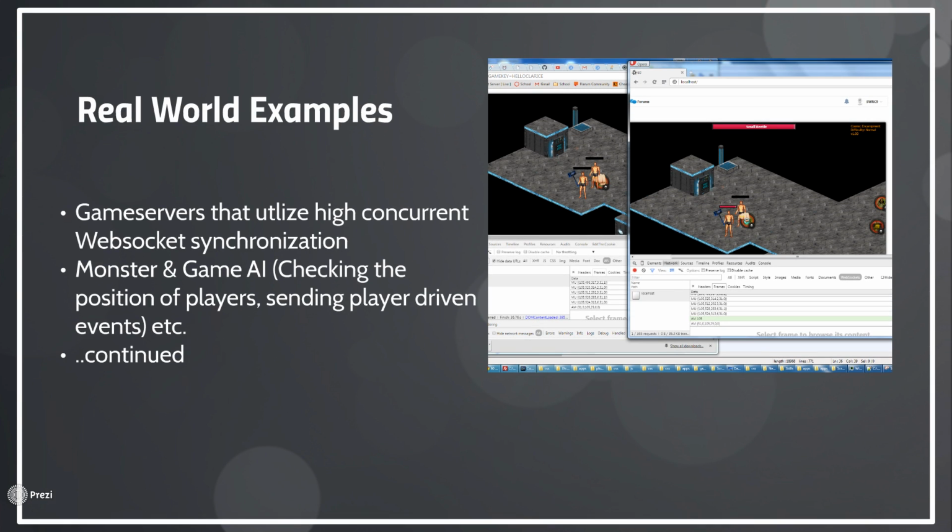Real-world examples. Game servers that utilize high concurrent WebSocket synchronization. Monster and game AI. Checking the position of players. Sending players, as I said. Basically, in this screenshot right here, you've got a bunch of players in this game. They're killing this mob. All this data, but they have this separate timer that runs every 1300 milliseconds that does all this synchronization to update the monsters